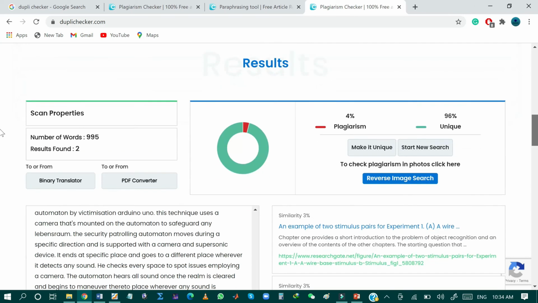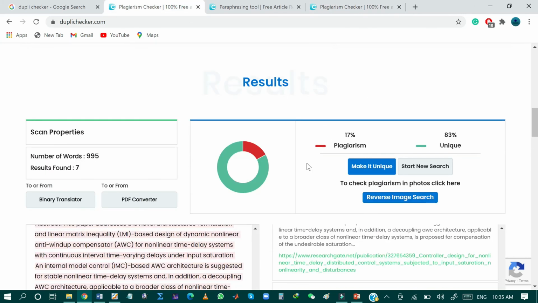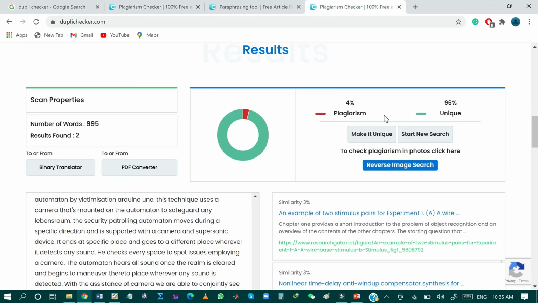If we compare this report with the original document, in the original document, as you can see, we have 17% plagiarized content and 83% unique content, whereas we have 4% plagiarized and 96% unique content in the rewritten updated document.